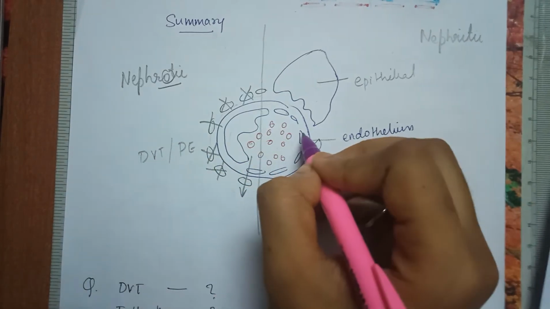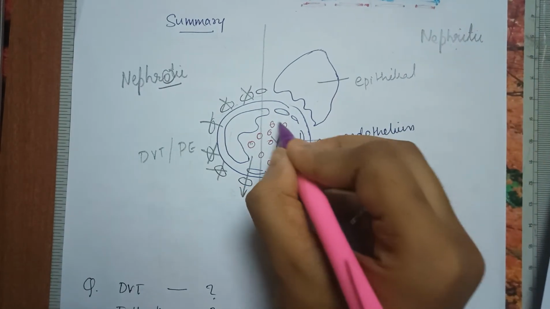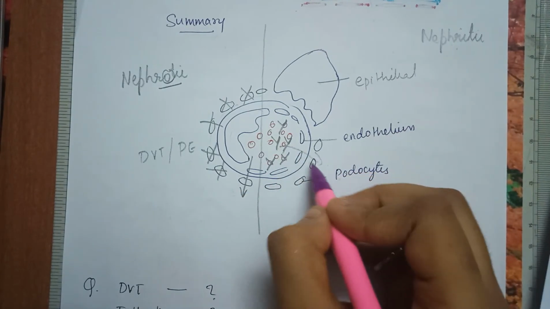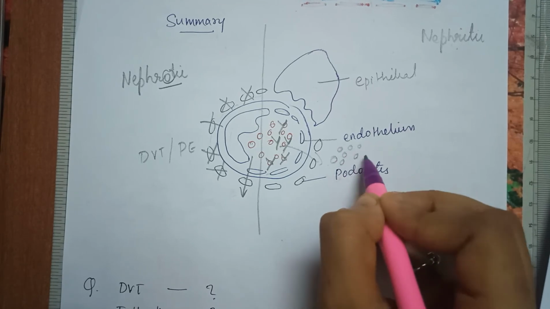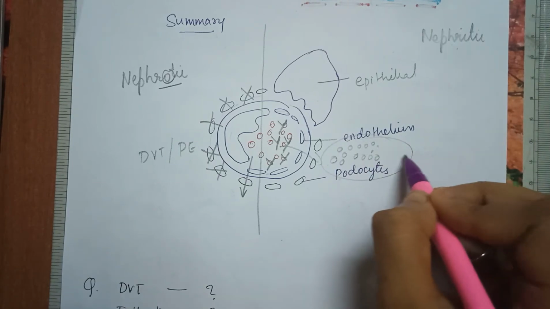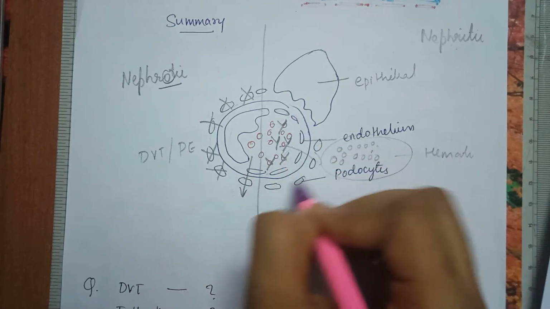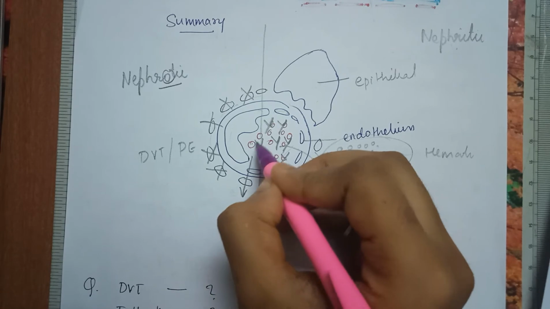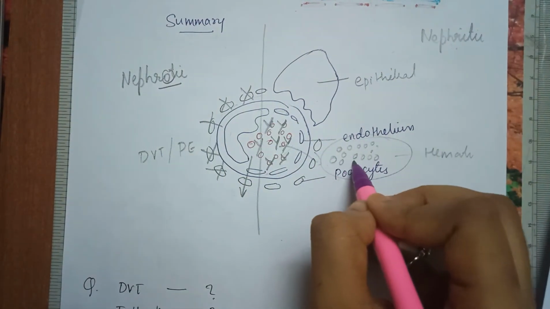Again, nephritic, which I told is immune complex mediated. So these are our immune complexes, they go and accumulate here. Because of this, there is damage to this endothelium and there is loss of RBCs. Along with this, even WBCs may be seen in urine. Therefore this leads to formation of hematuria. Since endothelium is damaged, there is decrease in glomerular filtration rate. This is our immune complex. There is hematuria, there is oliguria, and you can see even WBCs.